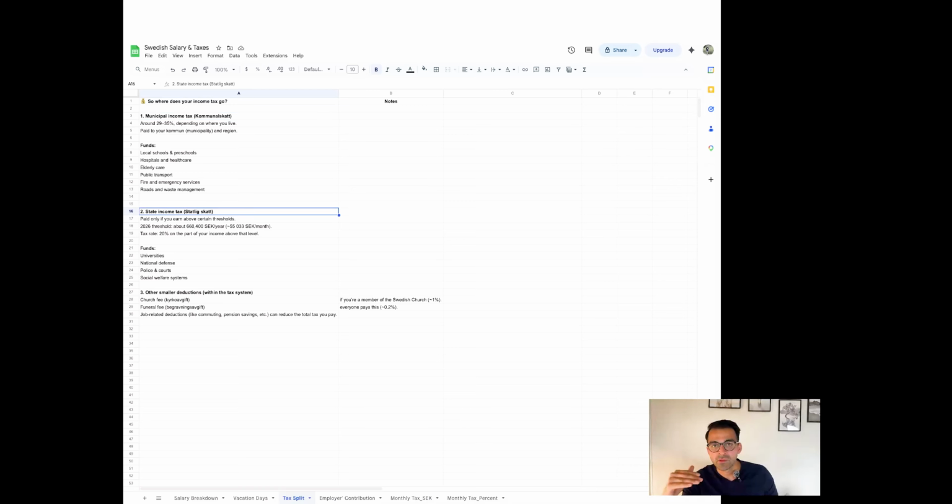And if you have salary above that threshold, that tax goes to the state of Sweden, which then funds national universities, defense programs, and social welfare systems. There are also some small deductions or avgift, for example, church fee, if you're a member of the church, or